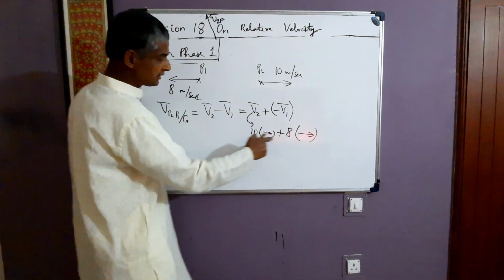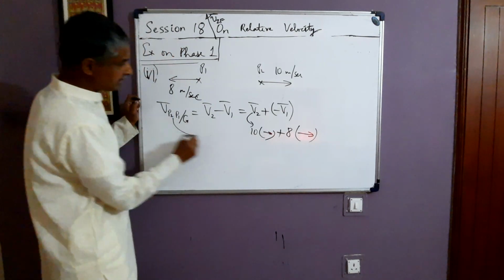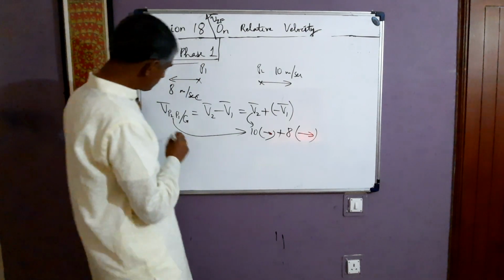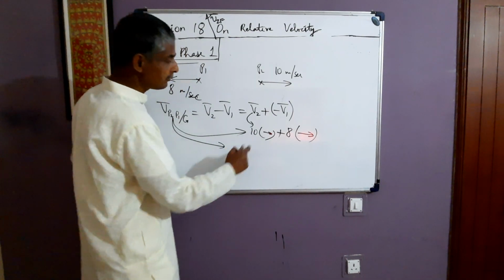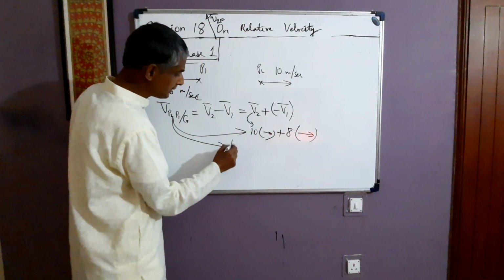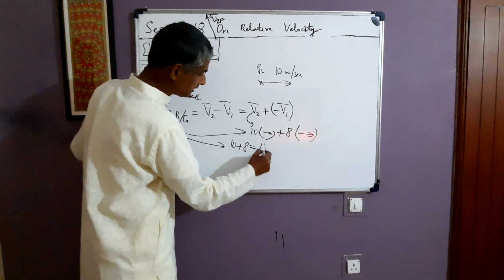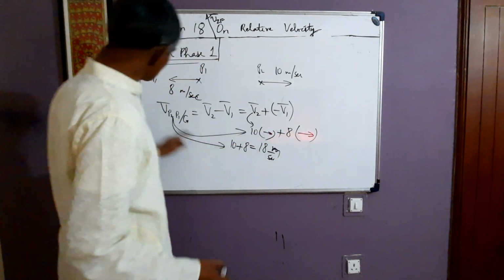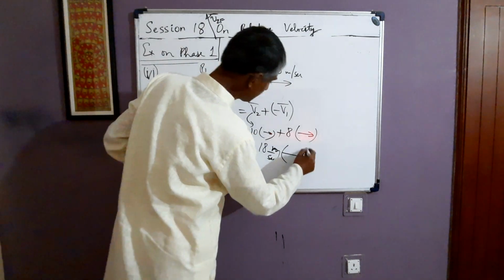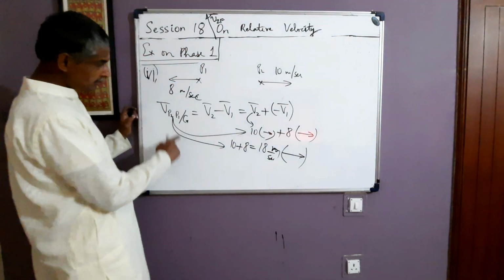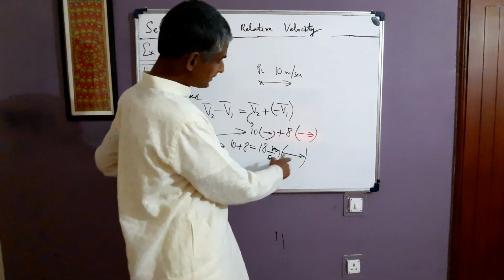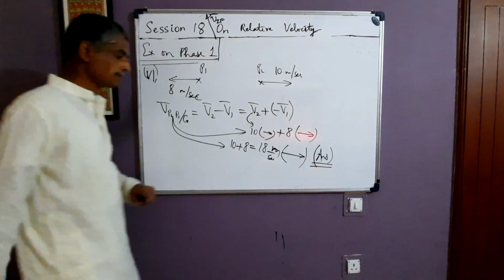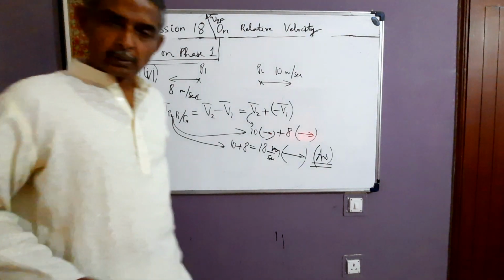Now you have to add these two vectors. The resultant of these two vectors is Vp2 P1G. Now 10 right and 8 right have the same direction, so the magnitude of Vp2 P1G will be the sum of the magnitudes, 10 plus 8, equal to 18 meter per second. Both have the rightward direction, so this also will be rightward. So Vp2 P1G is 18 meter per second in the rightward direction. That is the required answer. I hope it is perfectly clear to you.